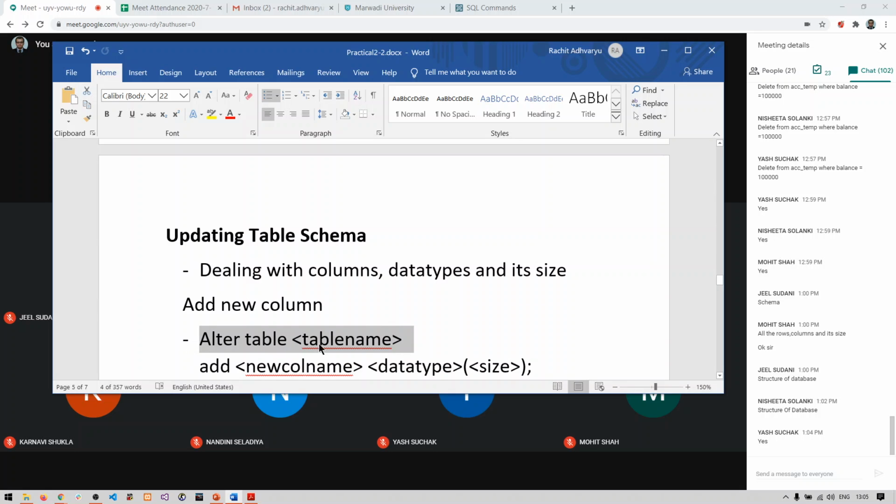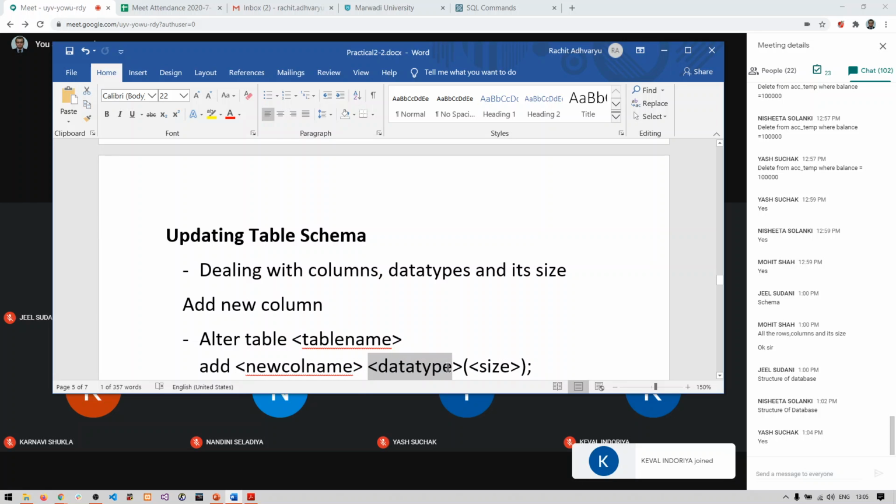So: ALTER TABLE table name ADD, because we are adding a new column, then you need to provide the new column name, its data type and the size.